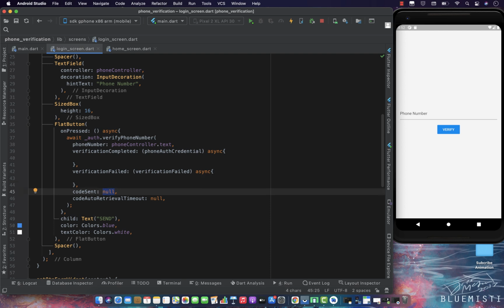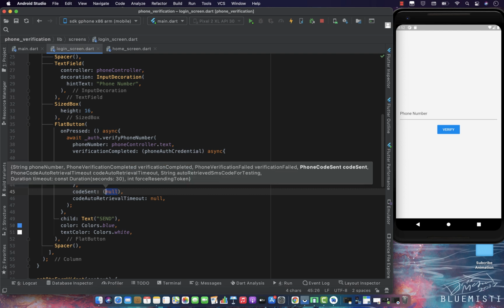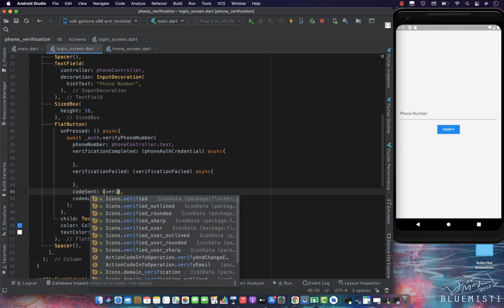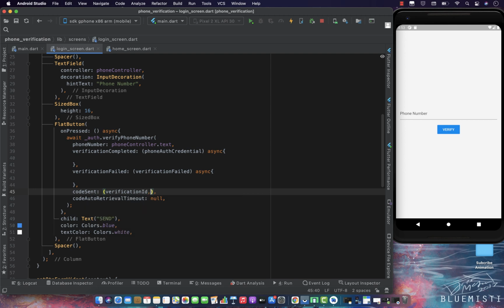And this code sent will get called whenever we receive the code from Firebase on the user's physical device. So whenever this callback gets called, we normally update the UI to show the OTP form so that the user can give the OTP, because this callback makes sure that the code is successfully sent to the user's mobile, and now he can enter the OTP. So the first thing that we receive in this is the verification ID,